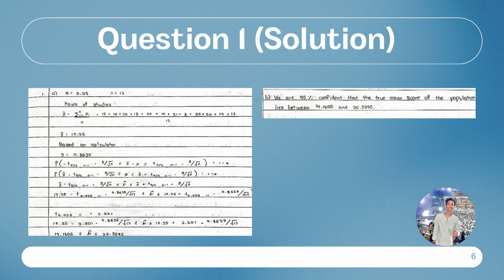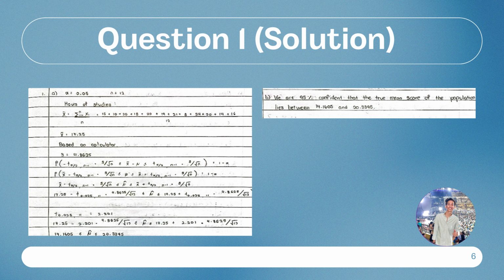The solution for question 1A is we started by using gender and hours of study as the data to calculate its interval for the mean. We have identified that alpha is 0.05, which we obtained from 1 minus 0.95, and we have also identified that n equals 12. We first calculate the x bar value using the formula summation of x divided by n, and we achieve x bar equals 17.25. We have obtained the value of s from the calculator and we get